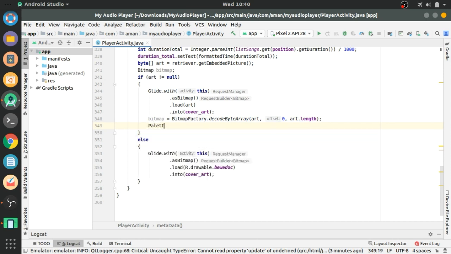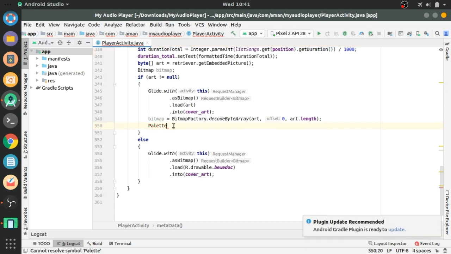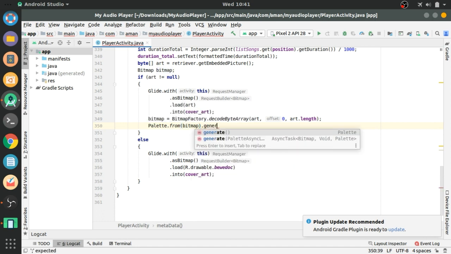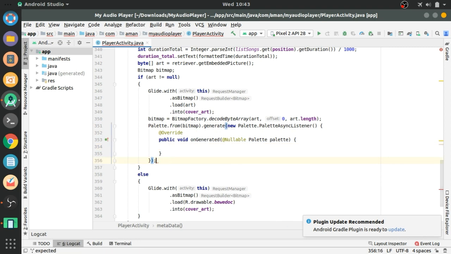Now write Palette, press alt enter, add this dependency. Gradle is syncing. Now Gradle syncing finished. After this write .from and pass this bitmap, and .generate. In the generate method write new Palette and press enter.